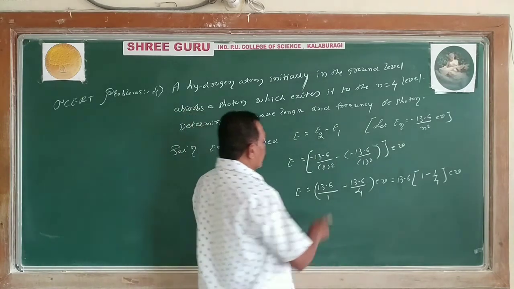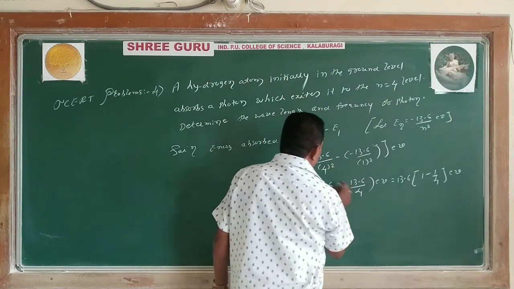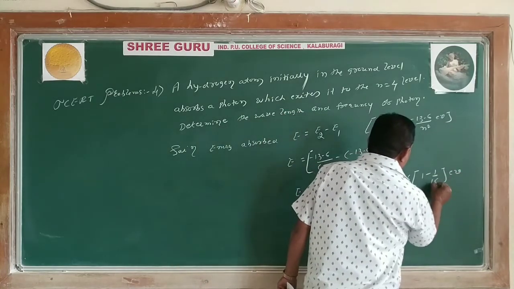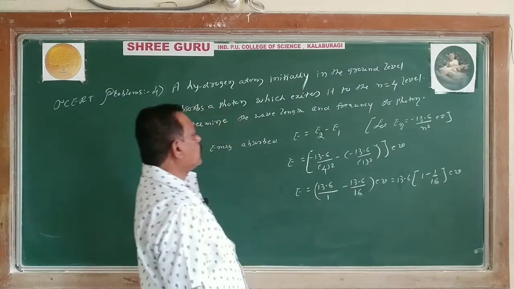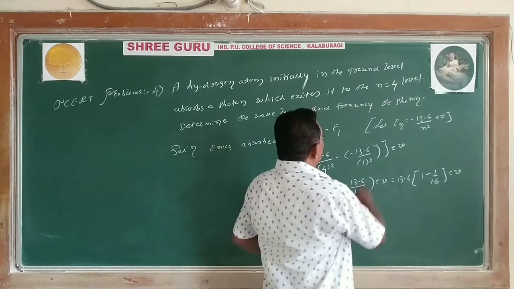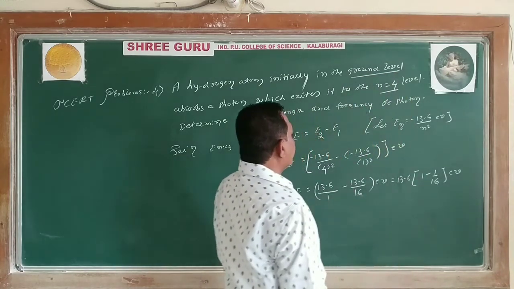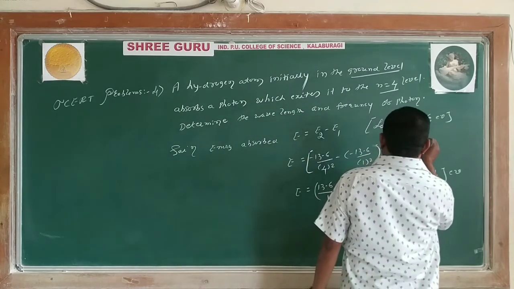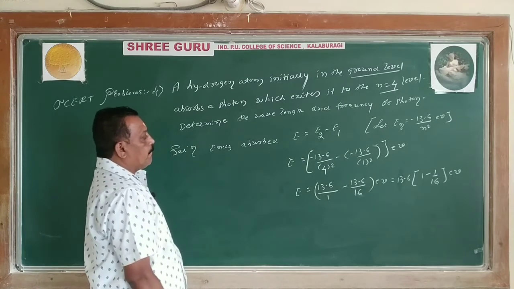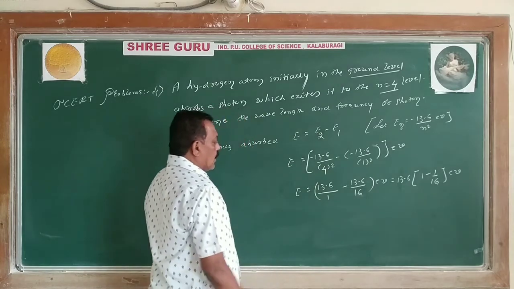So higher orbital state is n equals 4, right? 4 square is 16. Correct. Higher energy state is nothing but n equals 4. This is an important factor. Ground state n equals 1. लिख सकता हूँ मैं, right? Then E4 minus E1 डाले तो भी चलता था. Shall I write it? E equals